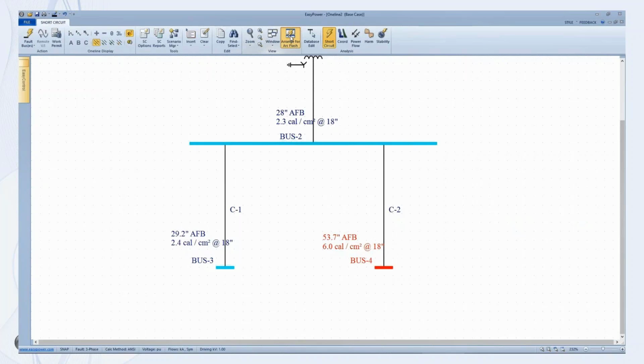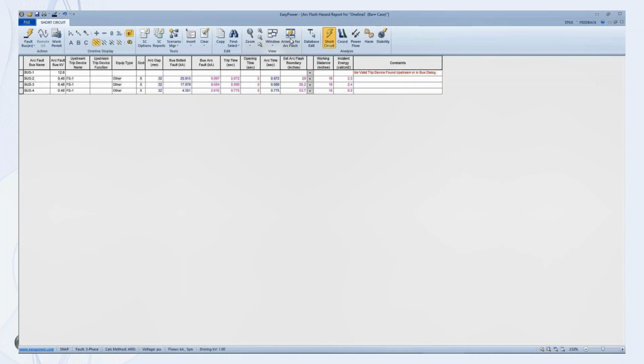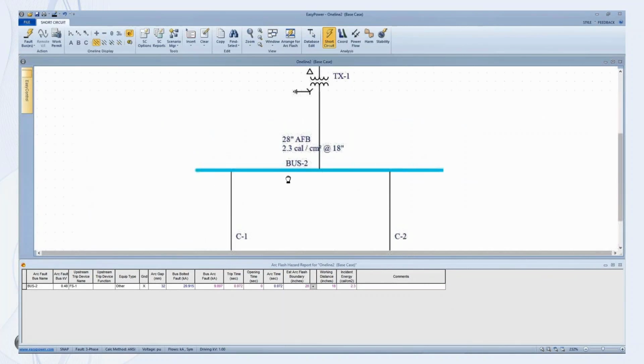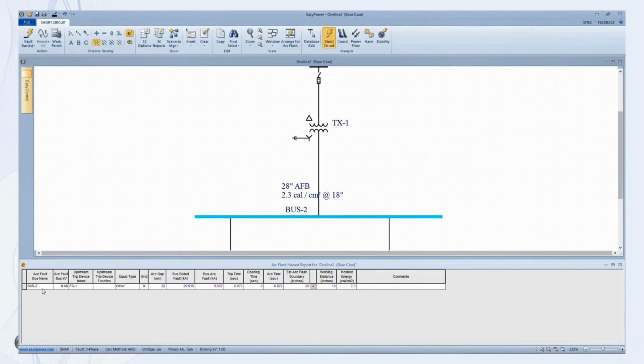top center of the screen called a range for arc flash. And what that lets us do is see a spreadsheet that shows how the calculations were made. So if we isolate this first bus, we can see that the voltage on the bus is 480 volts. The protective device in the system is FS1, the fuse. The way we define the bus, the air gap is 32 millimeters, and we already knew the bolted fault current was 20,915 amps. According to the IEEE model, the maximum current an arc will draw under those conditions is 9,897